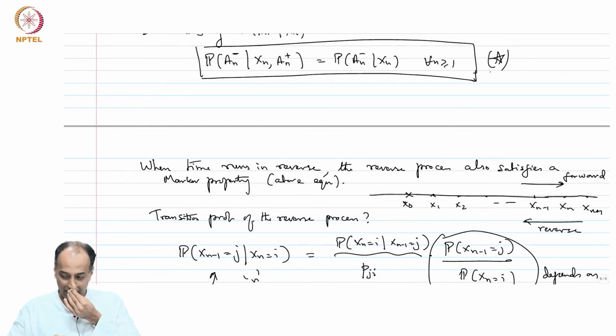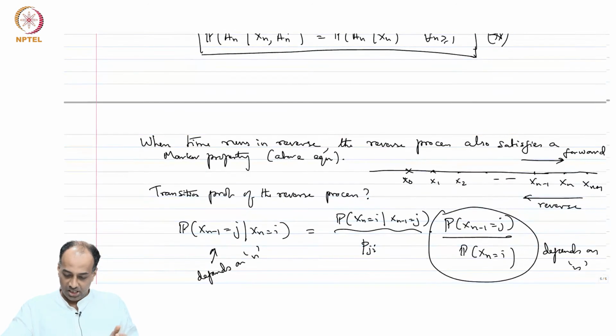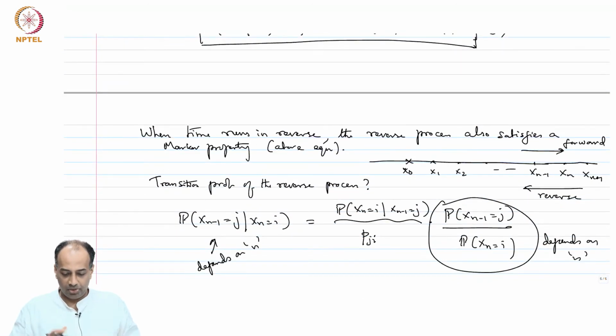All right, but if I try to calculate its transition probability, the transition probability from i to j ends up being a function of n, right. So what does that mean? The reverse Markov chain is a Markov chain of course, but it is an inhomogeneous Markov chain. Even when the forward chain is a homogeneous Markov chain, the reverse chain, while it is a Markov chain, is an inhomogeneous Markov chain in general, which is a slightly unfortunate situation, right.